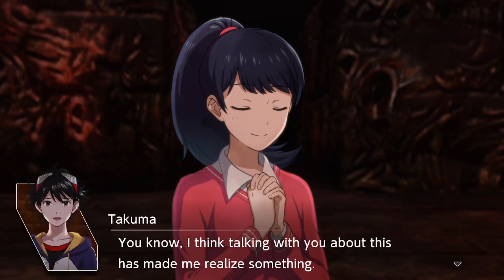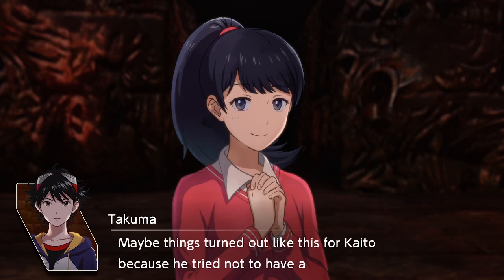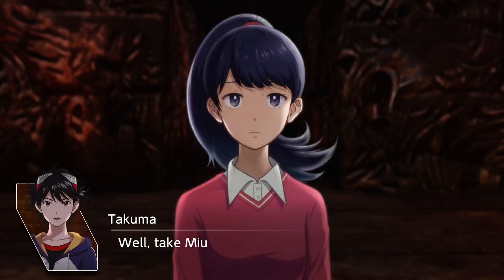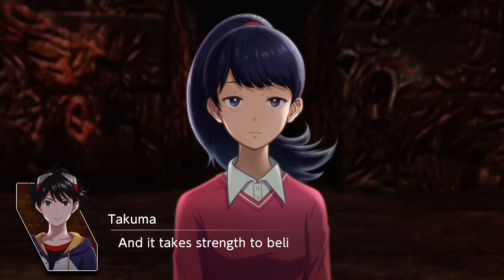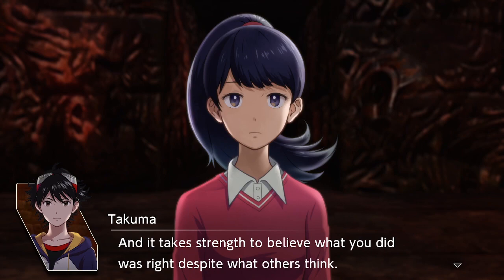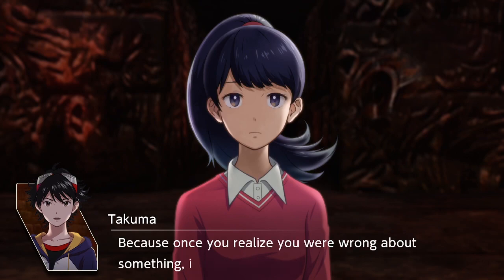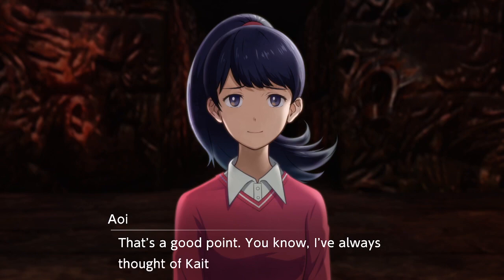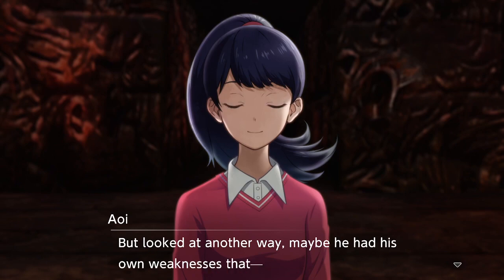You know, I think talking to you about this made me realize something. Maybe things turned out like this for Kaido because he tried not to have any regrets. What do you mean? Well, take Mew. He was always overprotective of her, no matter how much she hated it, and it takes strength to believe what you did was right, despite what others think. Well, it feels like a kind of strength, the strength of a fragile heart, because once you realize you were wrong about something, it's going to hurt you that much more. That's a good point. I've always thought of Kaido as confident and strong, but looked at another way, maybe he has his own weaknesses that...